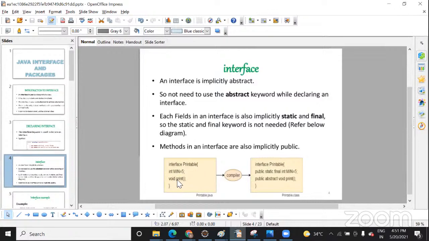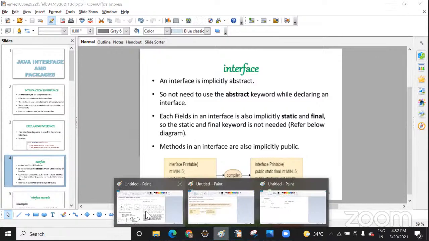Here in the interface we only declare the method name. We don't provide a body. Whichever class implements it will provide the body.